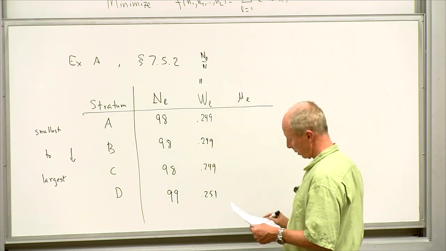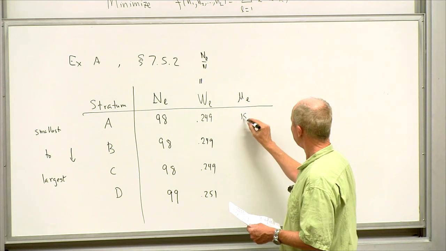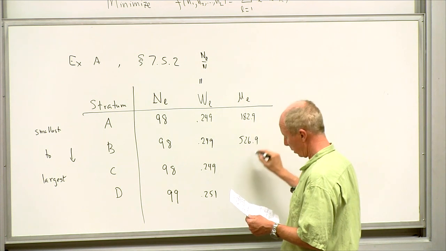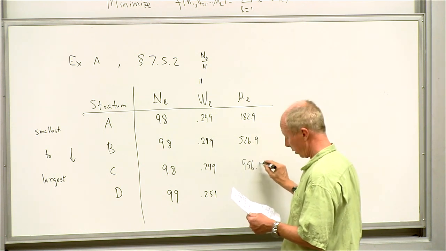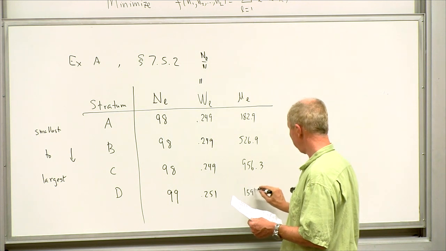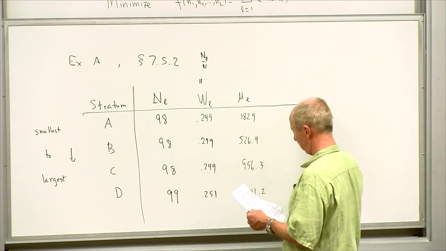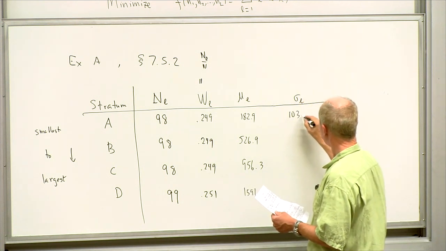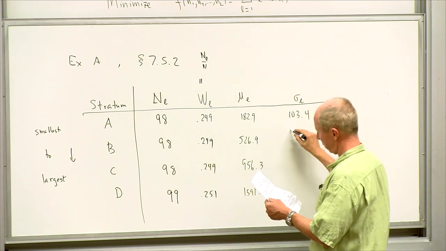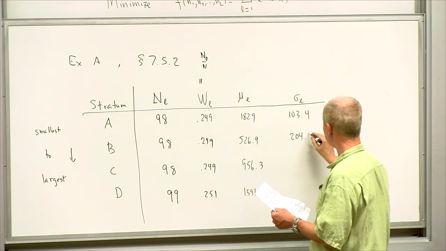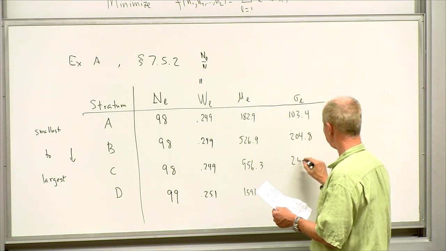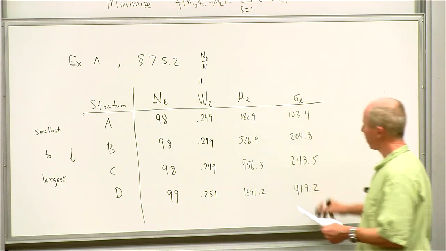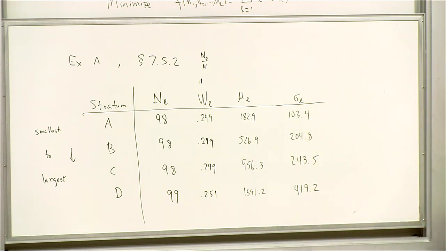The mean in each one is 182.9, 526.9, 956.3, and 1591.2. And sigma L in each one is 103.4, 204.8, 243.5, 419.2. And this column bears out the